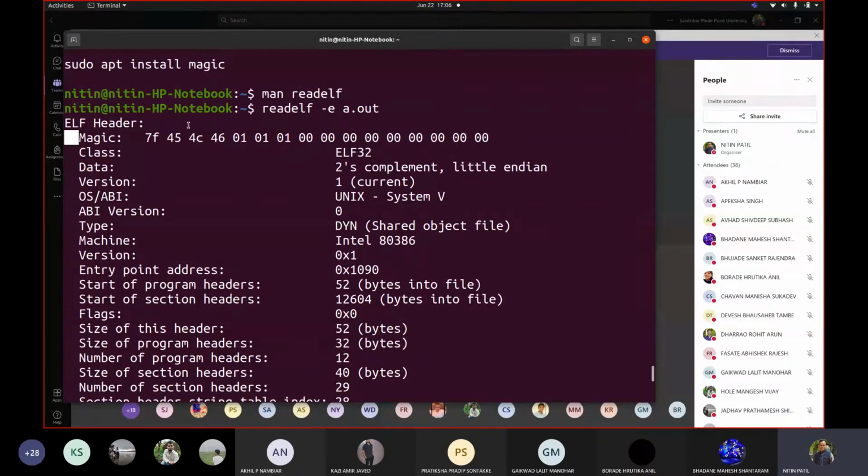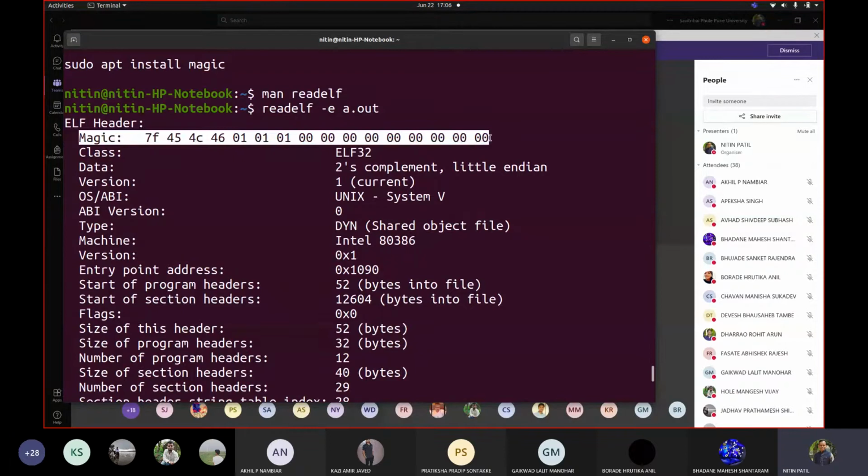So you can see that there is a number associated which differentiates that file: 7f 45 4c 46 01 01, and so on. This is a representation that every executable of type ELF on the Linux operating system will have, this magic number. Even your object code will have something somewhat similar, but not exactly the same, because object code is not executable. An executable, you may probably call object code, but it is not object code per se. It is an executable program. Object code cannot be executed directly.